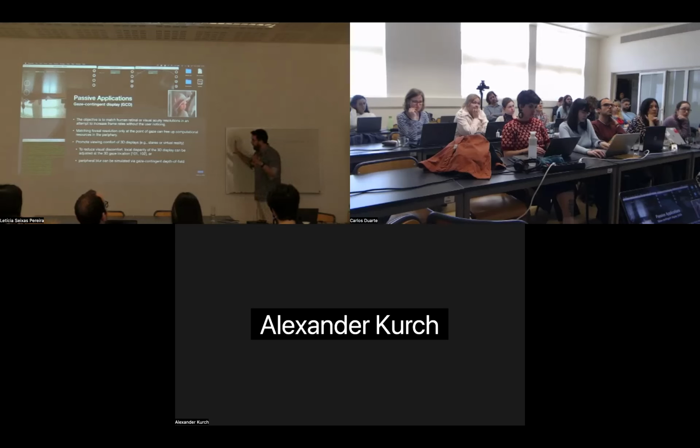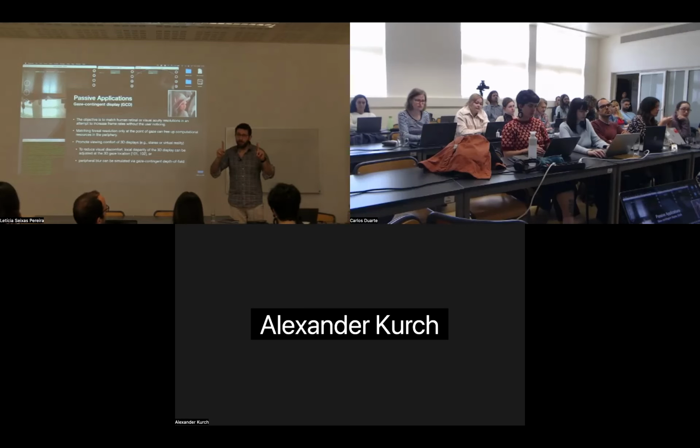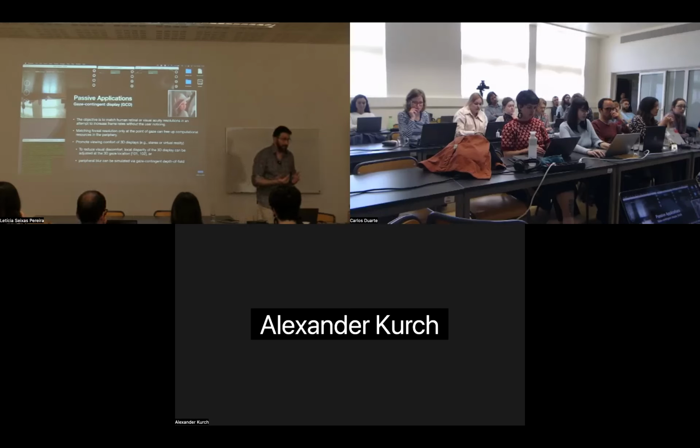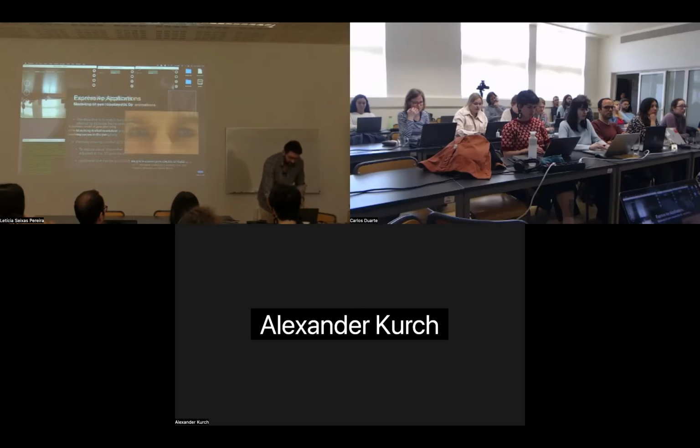And what we found out, that's not my major topic, but I did one study on this. We found that this manipulation and use of the actual gaze for the depth of field in stereoscopic displays reduces this decoupling of vergence and accommodation movements, which I told you is one of the major reasons for feeling discomfort when watching 3D displays. So it's kind of a promising way to use eye movements as well, and this is called the passive application.